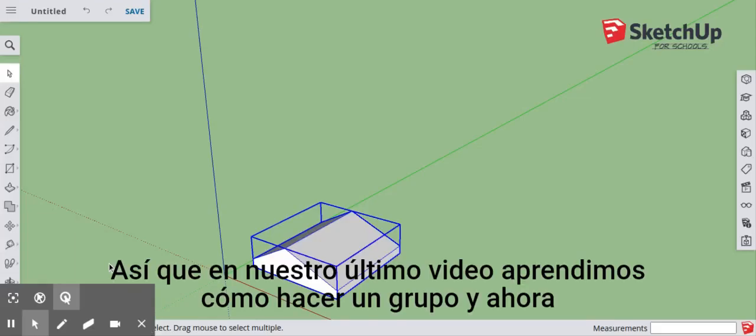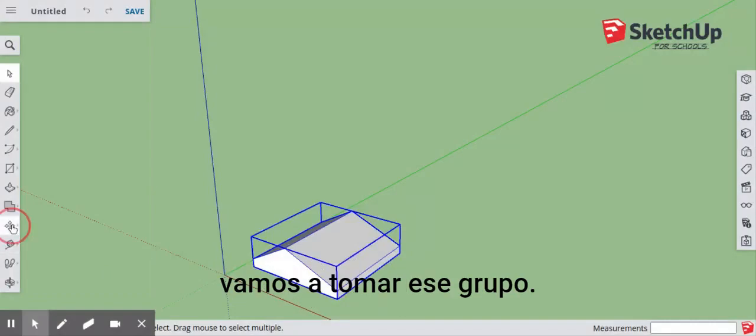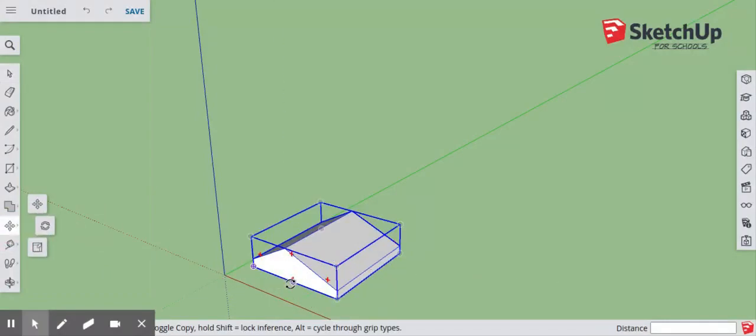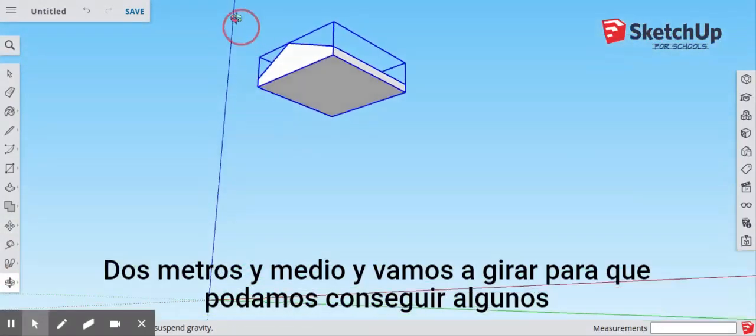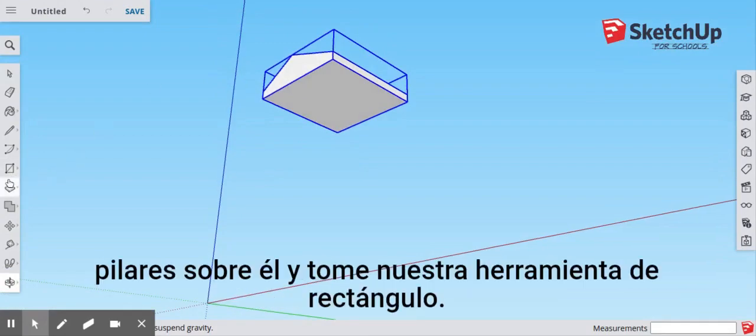So our last video, we learned how to make a group. And now we're going to take that group, we're going to move it up 8 feet, and we're going to pan around so that we can get some pillars on it. We're going to take our rectangle tool,